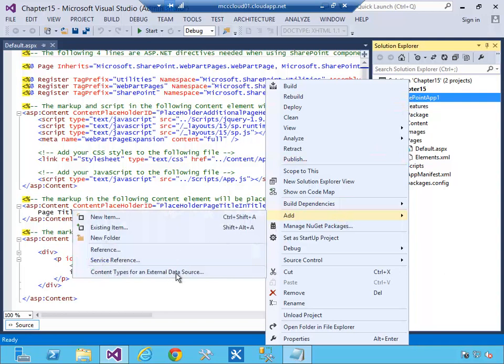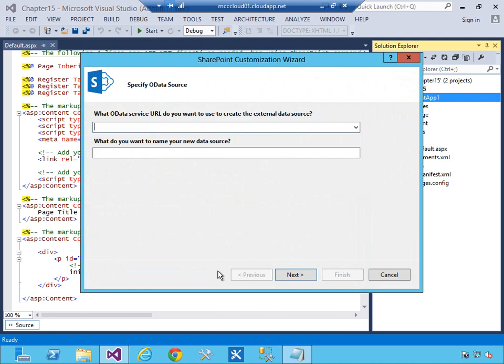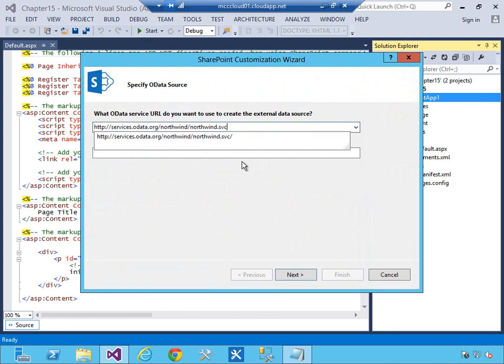This threw me for a loop, actually it just threw me for a loop again. I'm always used to adding a new item to my project, but you don't actually do that. It looks like you click add and then new item, but actually there's another menu item on this context menu called content types for an external data source. So you click this and then specify the URL,